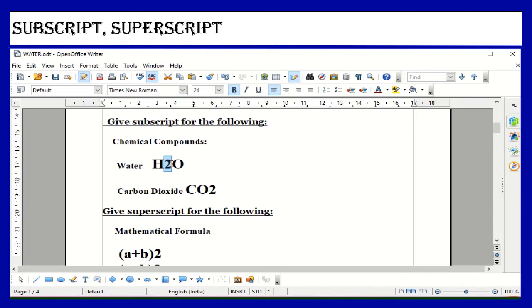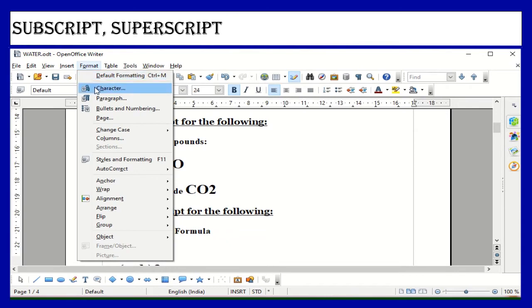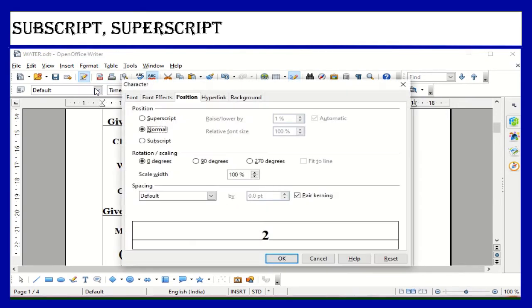So what is subscript, children? Subscript is used to reduce the font size of the selected text and lower it below the baseline. So in order to do this, select the text or number and go to the Format menu and select the Character option. And here could you see the different tabs, Font, Font Effects, and what you have to select now?